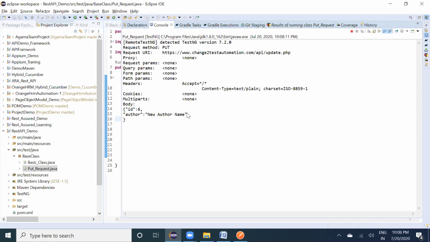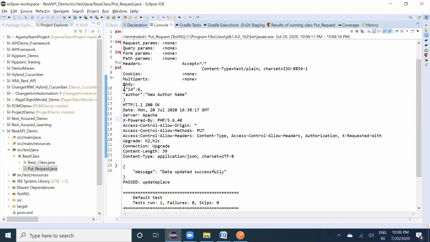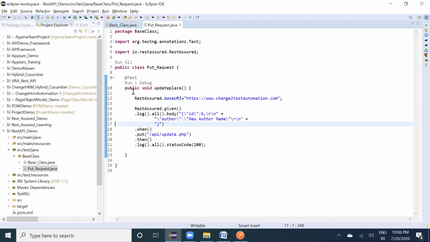If you see, it's getting updated. You can see the body, and you see "data updated successfully." So this is how you should update. As I told you, POST is for creating a resource. GET is for checking